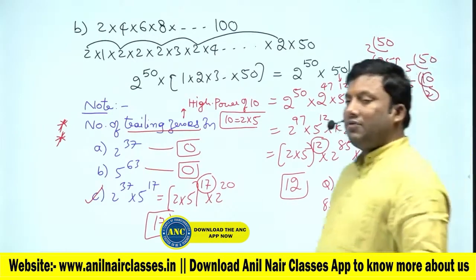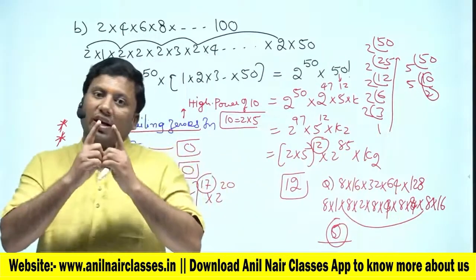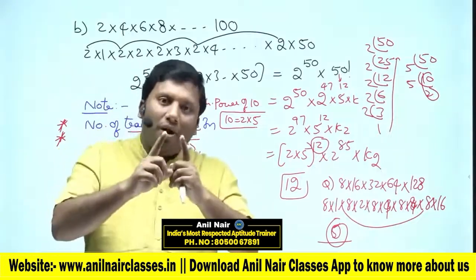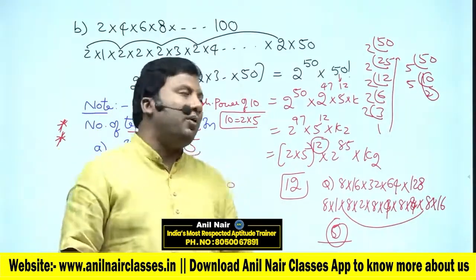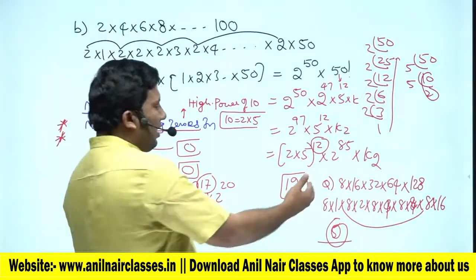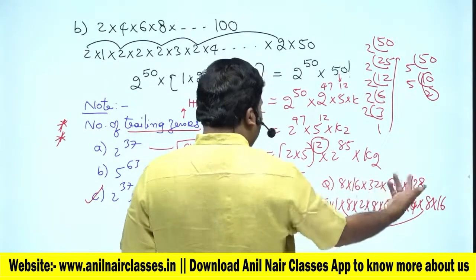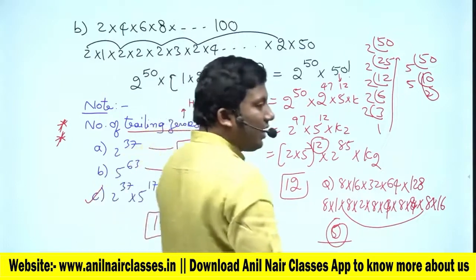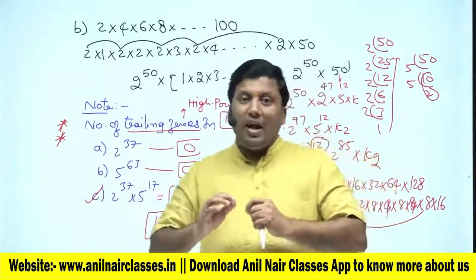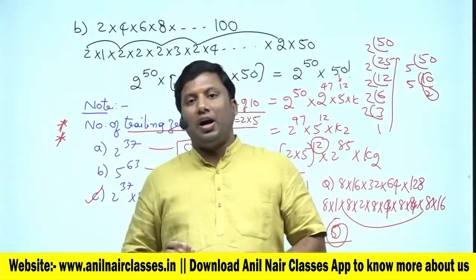To get the number of zeros at the end, we need the highest power of 2 and 5. Minimum 1 power of 2 and minimum 1 power of 5 should be there. So here 5 means it should have unit digit 5 or 0. So the answer is 0. I am sure each one of you has understood how